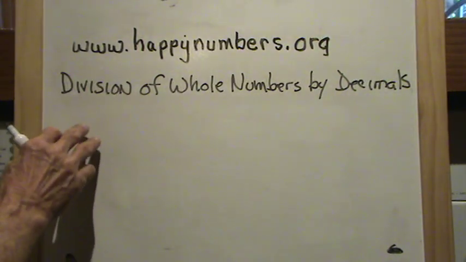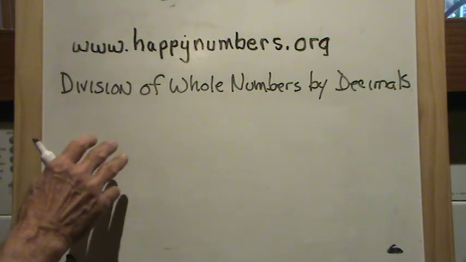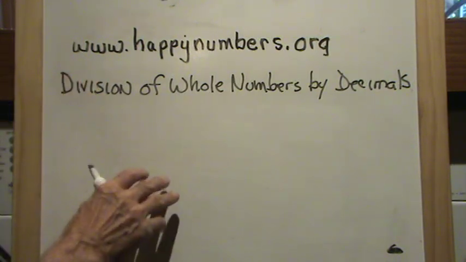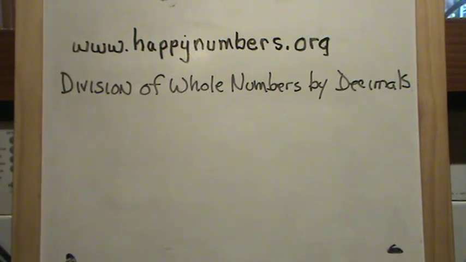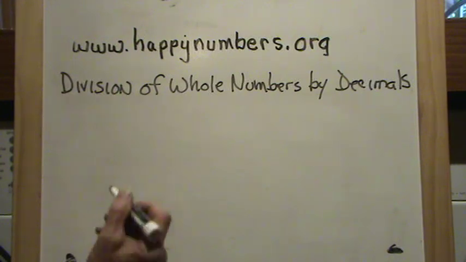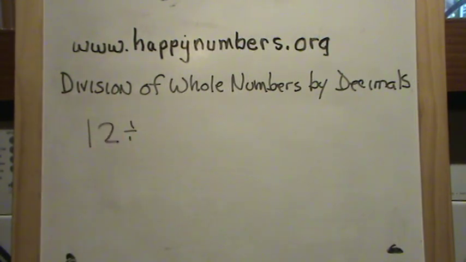Today's lesson, division of whole numbers by decimals. We've done division of decimals by whole numbers, and we've done division of decimals by decimals. Now we're going to do division of whole numbers by decimals. And this is a fairly easy skill. Let's take the whole number 12 and divide it by